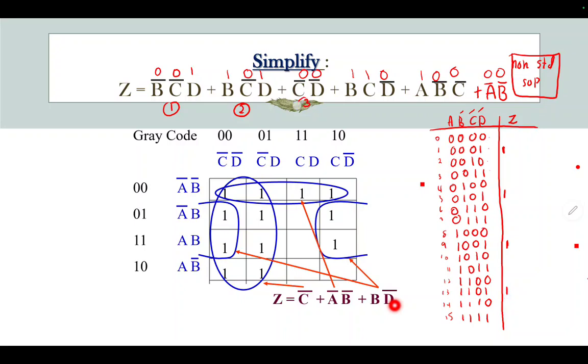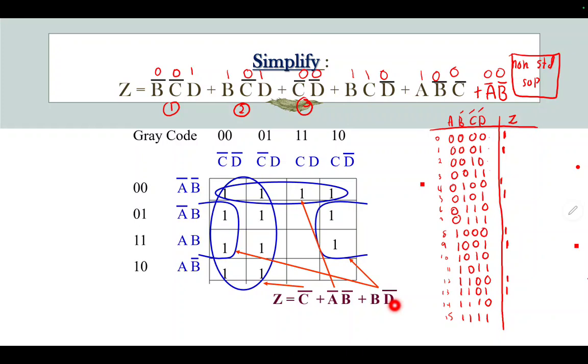Number 3, you got C and D, so you just look at the row where C and D are 0 and 0. A and B don't matter, they can be either 1 or 0. Just make sure that C and D are 0 and 0. So we got 0 and 0 here, another one here, and then 0 and 0 CD here. Okay, you got number 4.